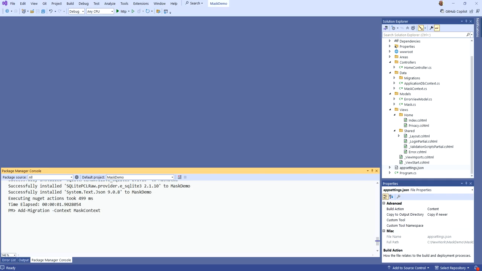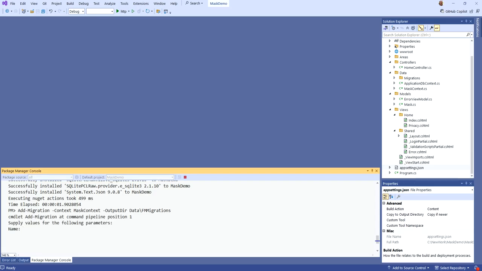Dash context. Now, I wouldn't have to say dash context, except that I have two. I've got two different contexts, application DB context and my mask context. So I do have to specify which one going forward all the time. I could just leave it as that, but I want to specify the output directory, right? Remember, right now, the existing migrations that were originally there are under data, right? So I'm going to specify the output directory would again be data, but I'm going to make a /FM for face mask migrations, right? All right, now I can press enter, and it will prompt me for a name